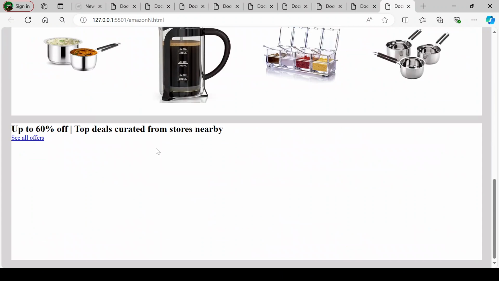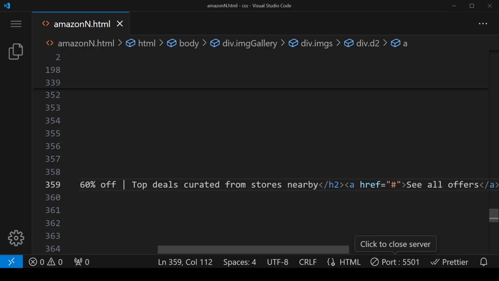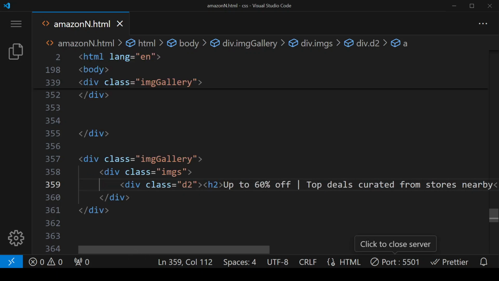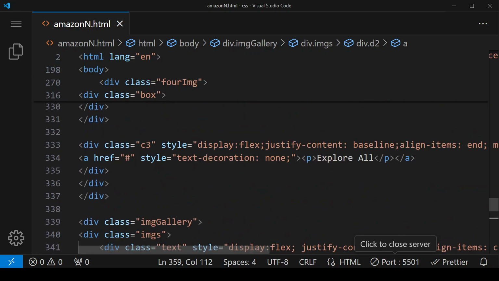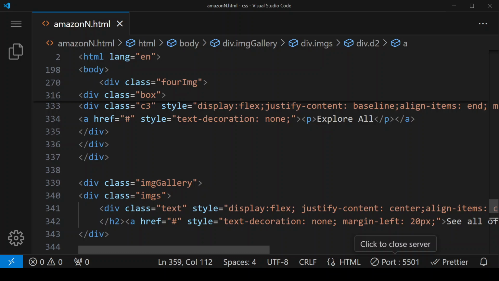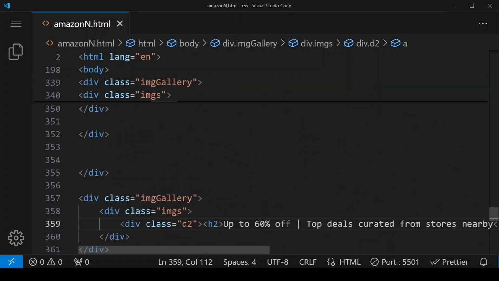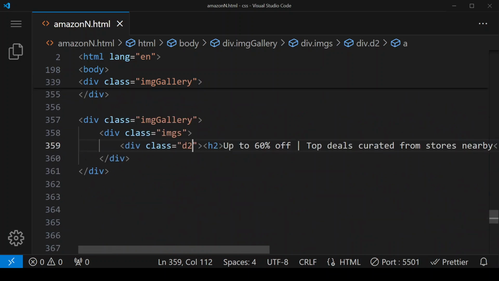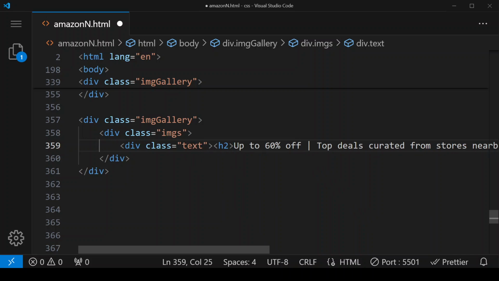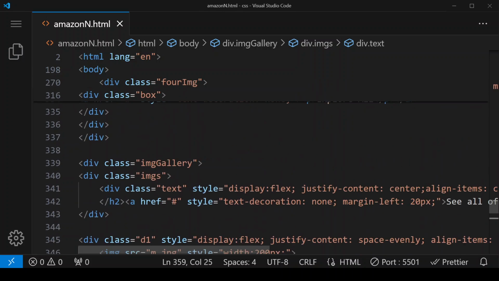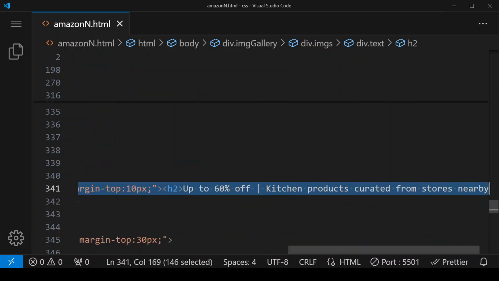Now we have to bring it in center, plus we have to put this text in same line. So same thing we have to do. Here we have given display, so here I'm changing the name of class as text because we put text here, and here we'll be copying this.